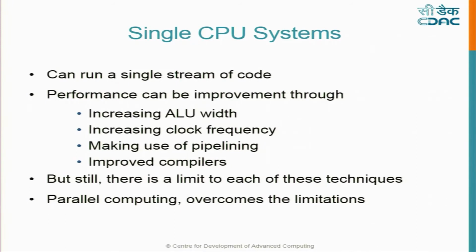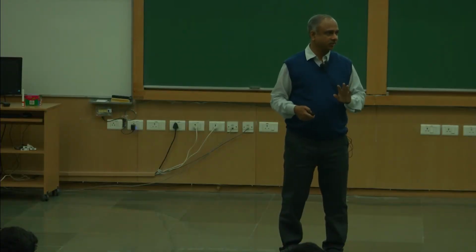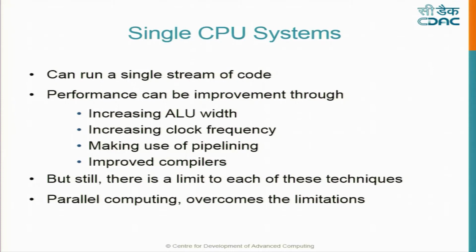But you build better systems using how? In a single CPU system itself, the first thing when you want to parallelize is to see what best you can achieve out of a single node. Then you go for multiple nodes. So what has the industry done to improve single node performance? 8085 was 8-bit, 8086 was 16-bit, 386 was 32-bit, and the latest Pentium versions are 64-bit. So what are we doing? Increasing ALU width. In the morning he told you, increase the size of the register, increase the size of the ALU, more bits in parallel, so what you would do in parts, you can do in one shot.